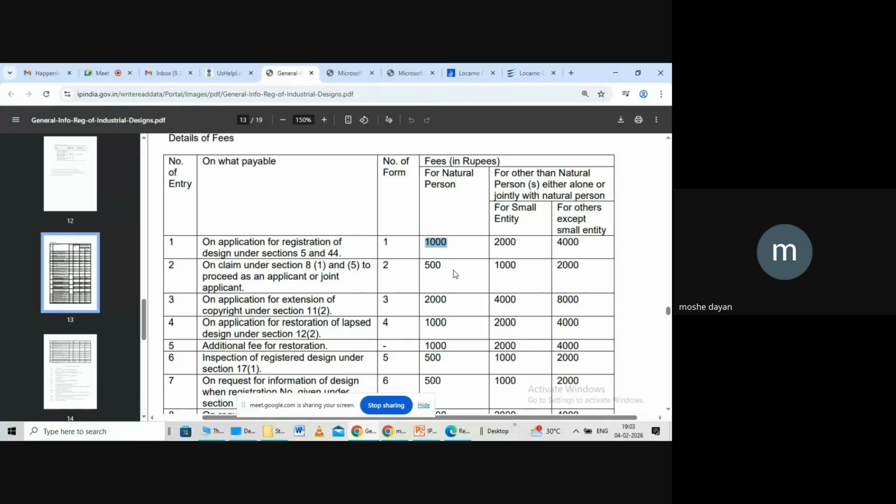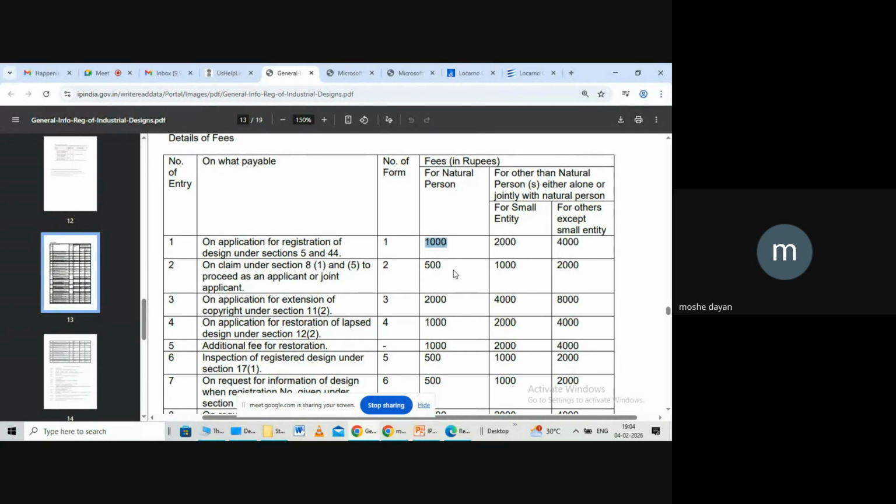So either you can run to the patent office and go to the front office of the Indian Patent Office, Chennai Patent Office. You will see my friend Shri Abhay Kumar. He's my very good friend because very often I go to the patent office and he will say, "Hi, professor, how are you?" So you go and pay 1,000 rupees at the front office counter, and you can give this Form 1 and this representation along with the covering letter telling that you are so and so, and you want to file a design patent. I'm paying cash of 1,000 rupees at the front office counter.